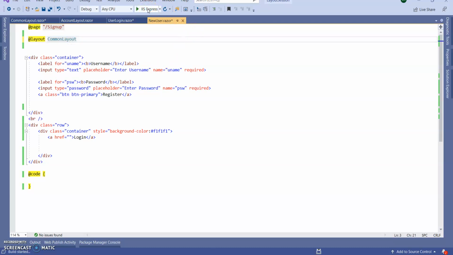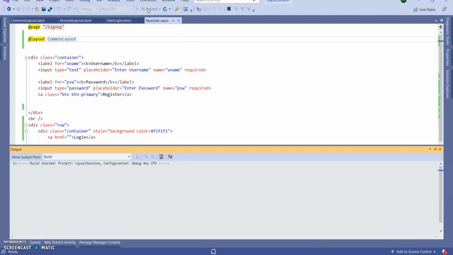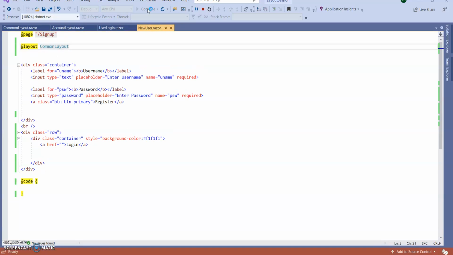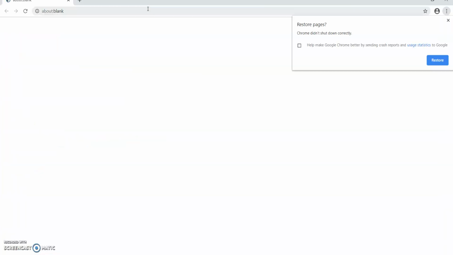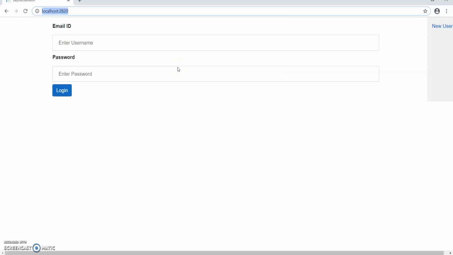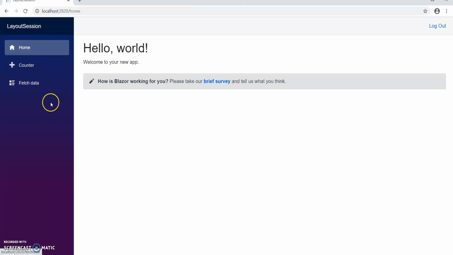Run the application and you will see there are no changes in the design, but we are reusing our code, which means we minimized our code here. So stop. You can see no changes in the design. Click on login, it comes here.